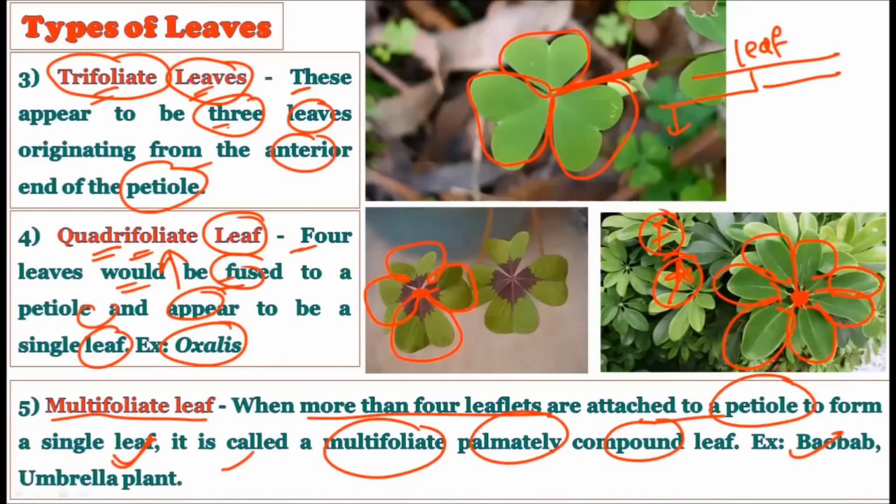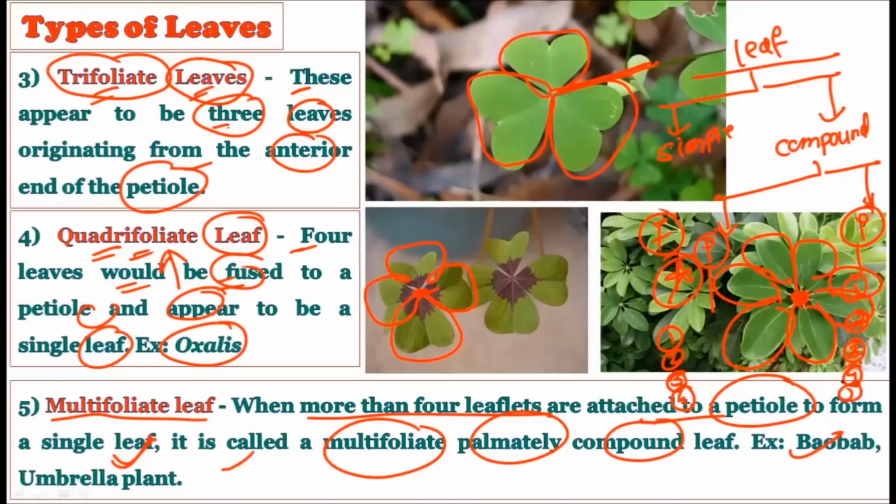So here we have understood how the leaves can be classified into different types, right? The first type is called the simple leaf. Then the second type is called the compound leaf. Again, we have classified this particular compound leaf into two categories. The first is called pinnately compound, and the second is called palmately compound. Pinnately compound is again divided into 4 types, while the palmately compound is again divided into 5 types. So all this classification regarding the leaf, you should understand very carefully because this is basic botany and you have to use this basic concept in the UPSC mains examination as well. All right. So this is all about this topic.